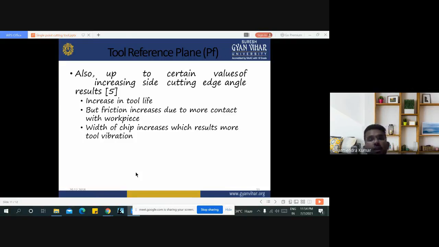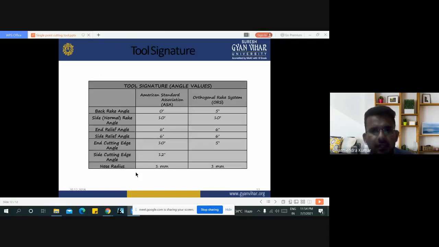because if we increase the side cutting edge angle, the volume of physical contact between the cutting tool and the workpiece is more and more. Then the width of the chips increases, and it increases the tool vibration or more sound during the machining process. This is the tool signature,